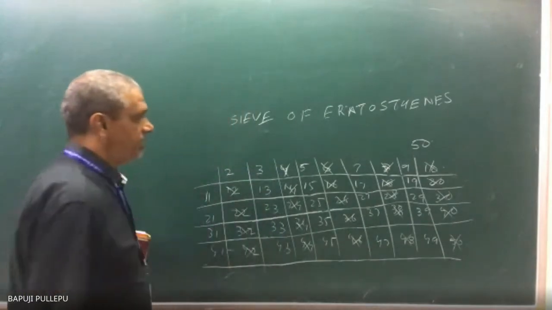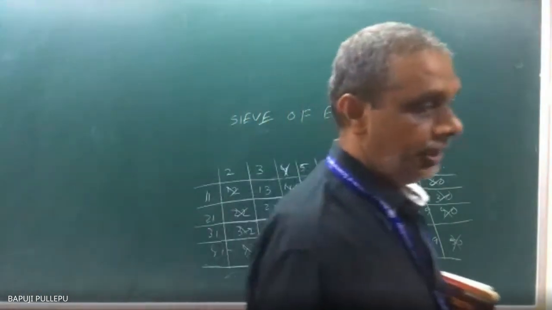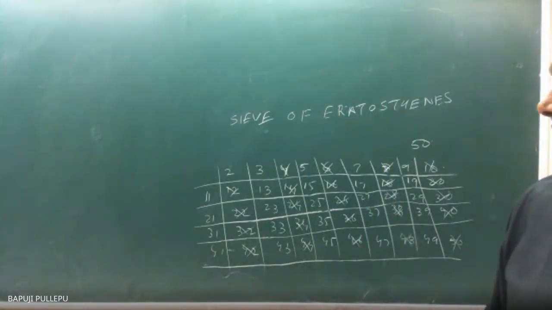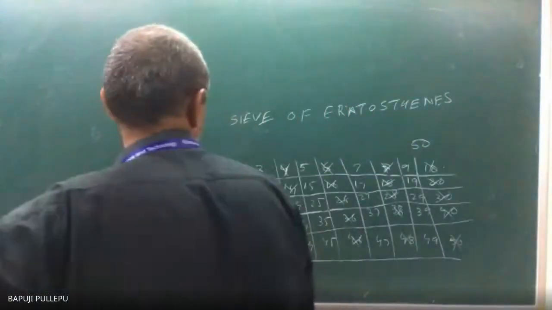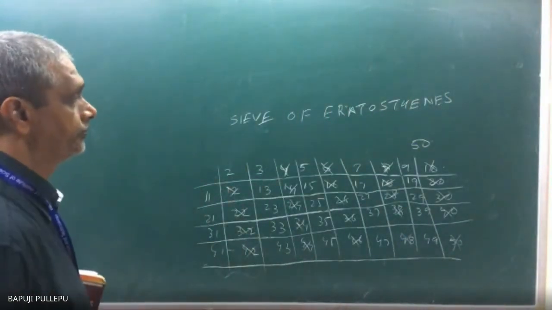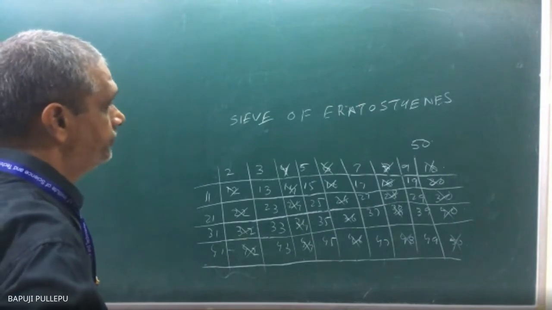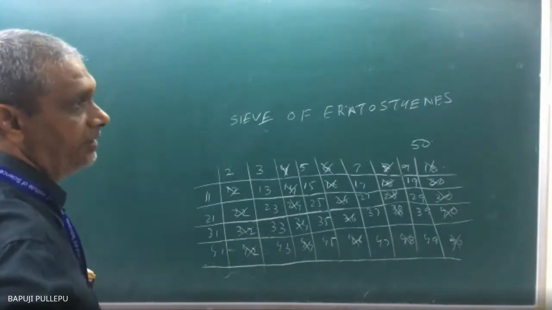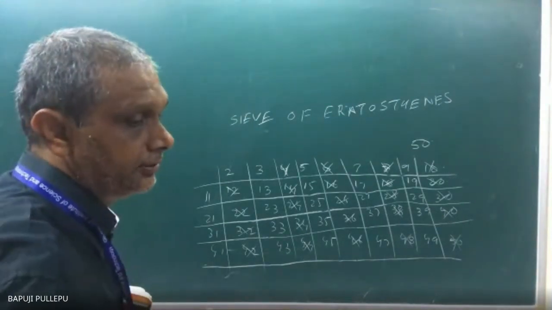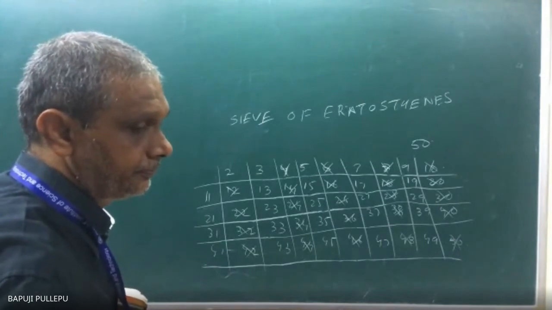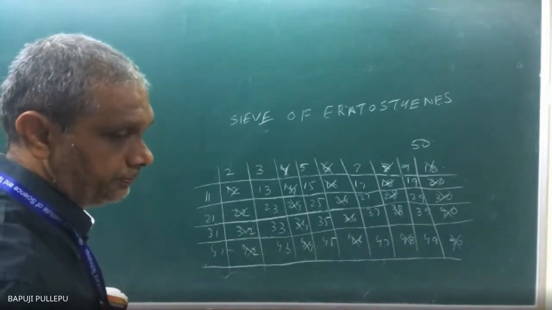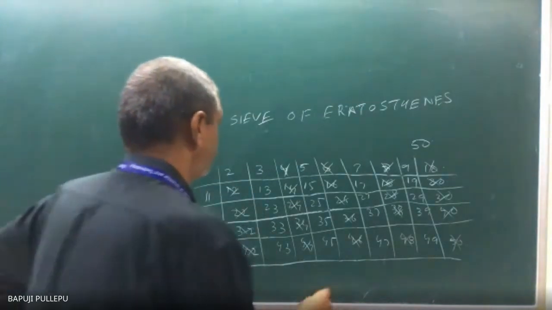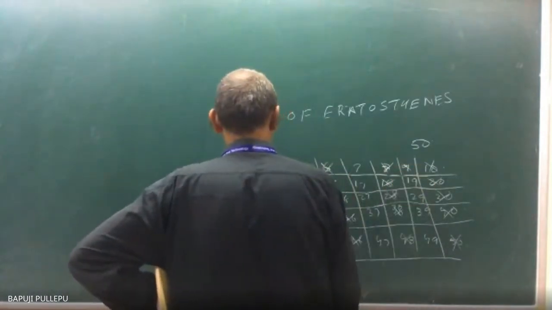Now, what is the next number? 3. Now, omitting the 3 itself, which numbers are divisible by 3? You can see which are the cases, tell me. In the first row, who will go? Multiples of 3 you can see. What number will go? Nine will go.